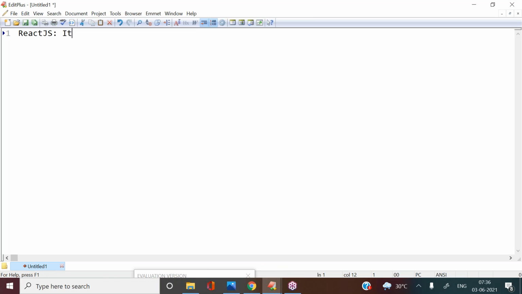What is React.js? It is a library of JavaScript. I told you. React.js is nothing but a library of JavaScript. So here, if you take JavaScript, React, Angular, and next one, jQuery,